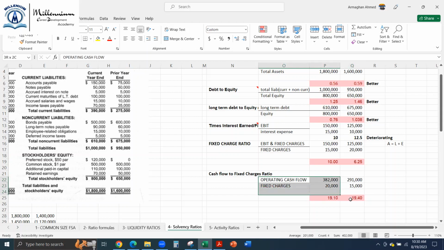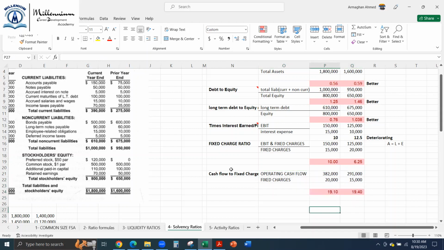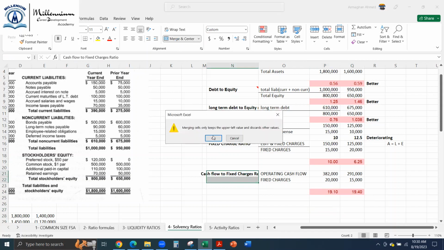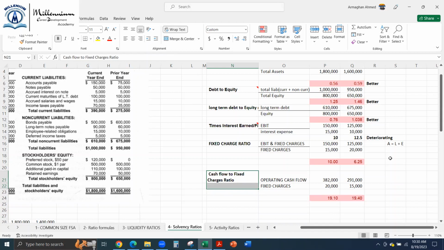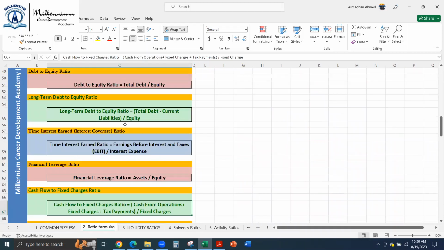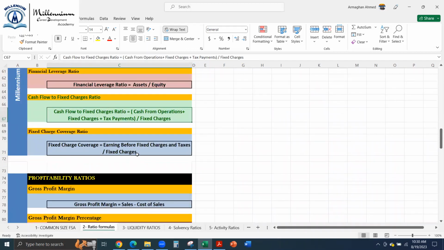So any confusion you have on this? So we have done all the formulas related to that we calculated. All the formulas which were there related to fixed charges, solvency ratio, all we have